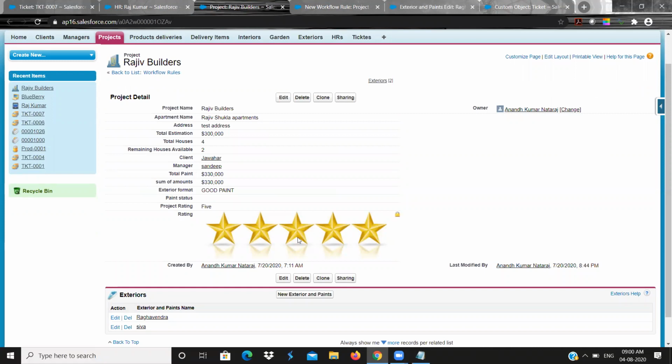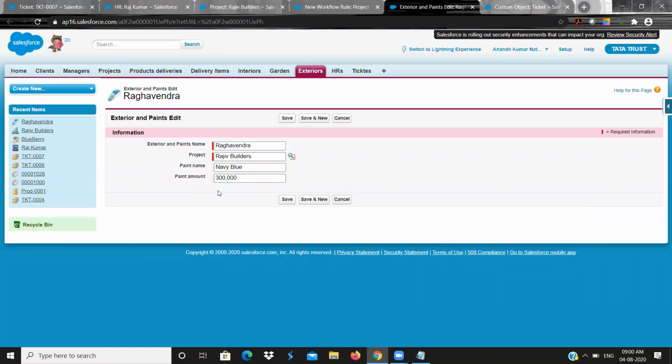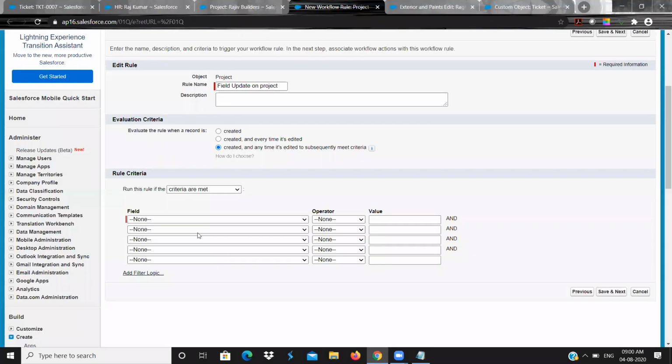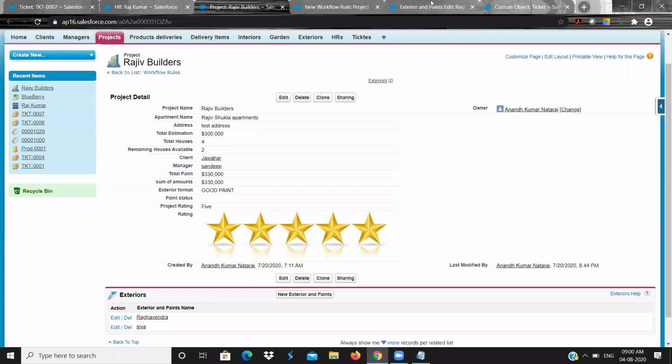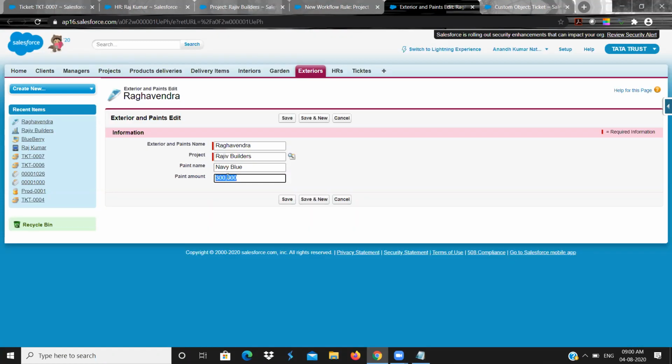Whenever the rating is 5, the amount should be 6 lakhs automatically in the child records.